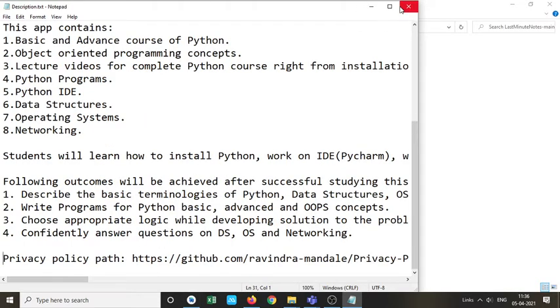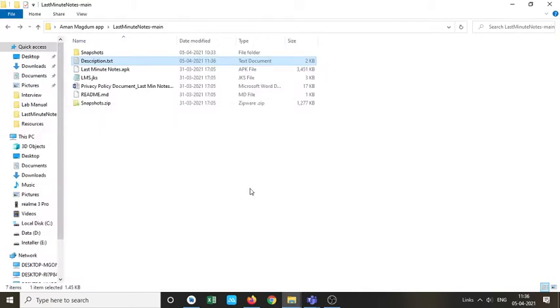If you don't want to put your privacy policy document on GitHub, that is also okay. If you have your own website, you can upload that privacy policy document in one of the pages. You can add one page for this privacy policy document. You can add those contents on that page, and you can provide that link. That is also okay. That means if you have your own domain, that is also okay. Just I am showing one way. You can have many more ways for publishing this privacy policy document.